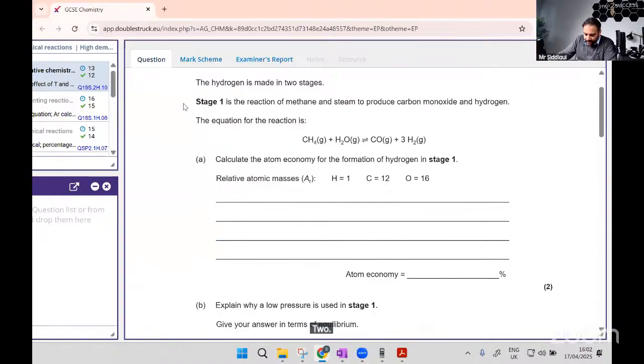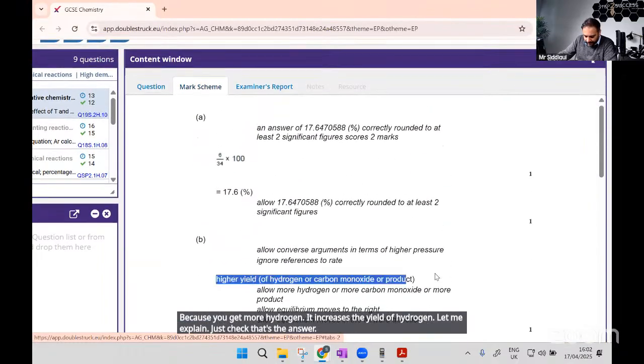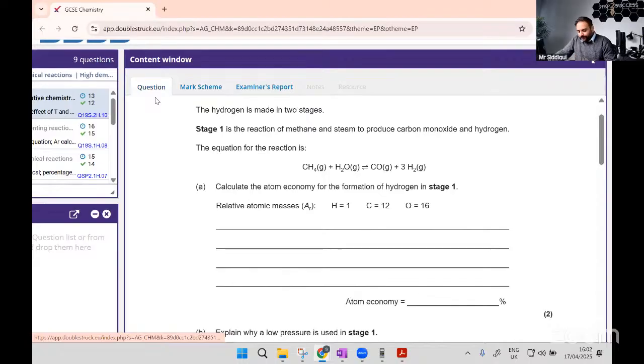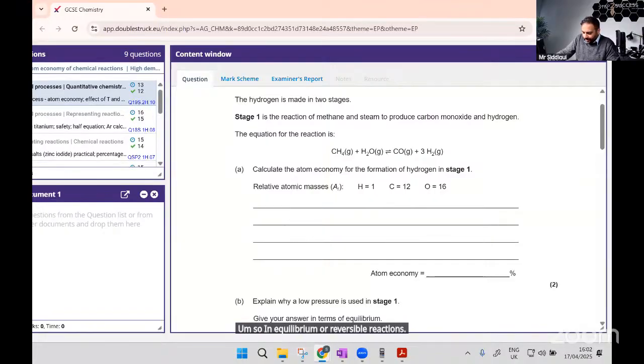Because you get more hydrogen, it increases the yield of hydrogen. Let me explain. Just check that's the answer. Okay, yeah. So in equilibrium or reversible reactions, there is a